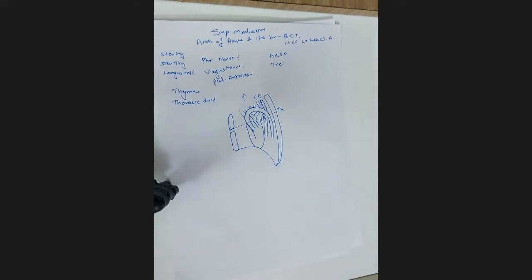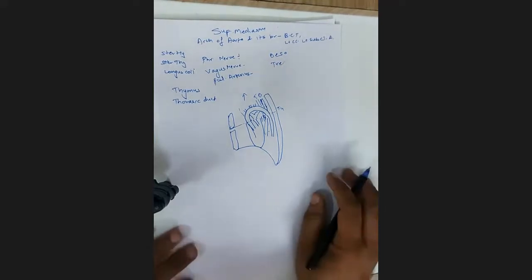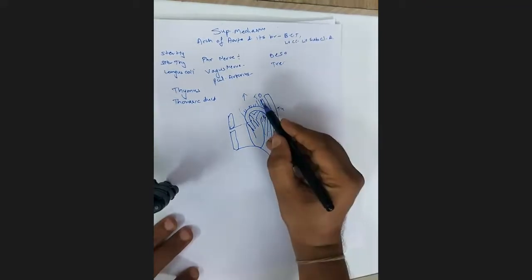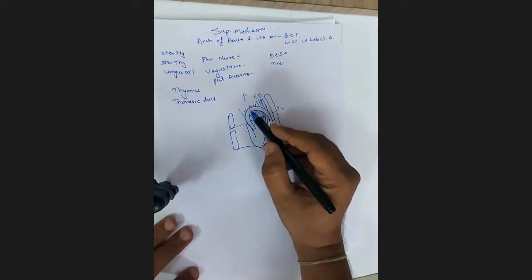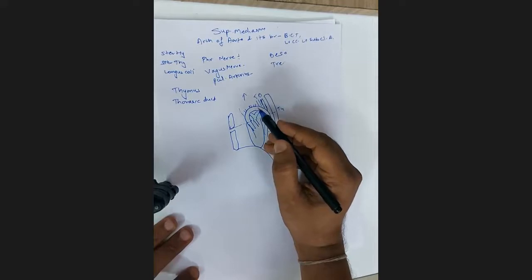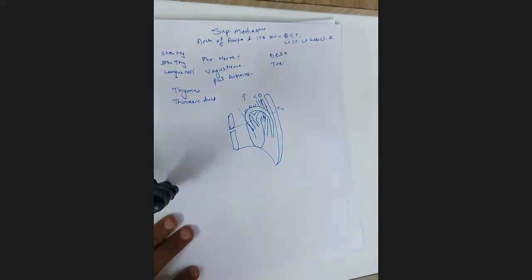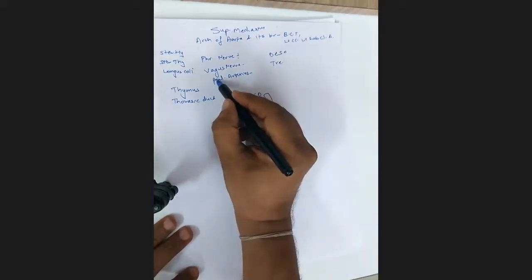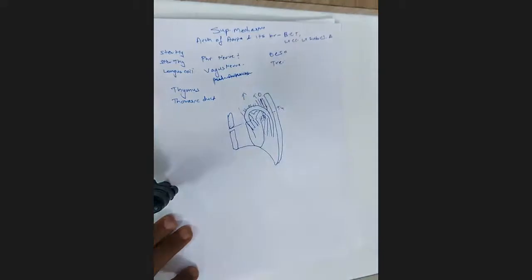So I'll again repeat the contents of the superior mediastinum. There is trachea, esophagus, arch of aorta, brachiocephalic and common carotid arteries, and pulmonary arteries. It's better to consider the pulmonary arteries in the middle mediastinum instead of the superior mediastinum, because they don't rise so high. Some part of it may rise, but mainly we can consider them not in the superior mediastinum.